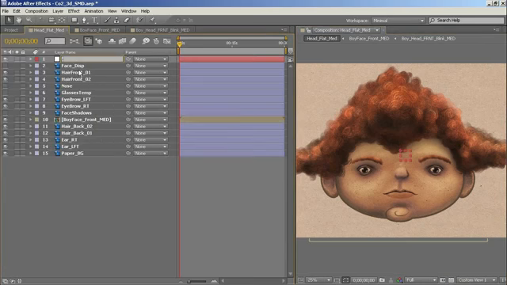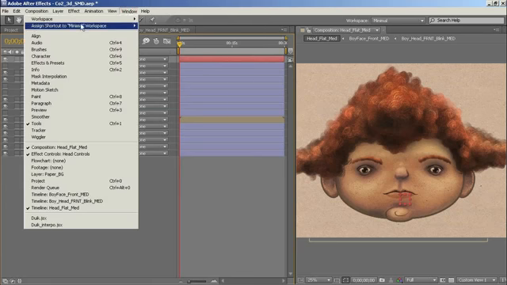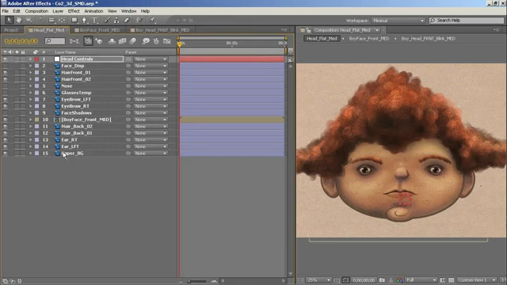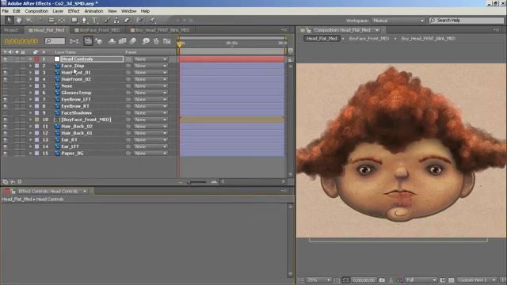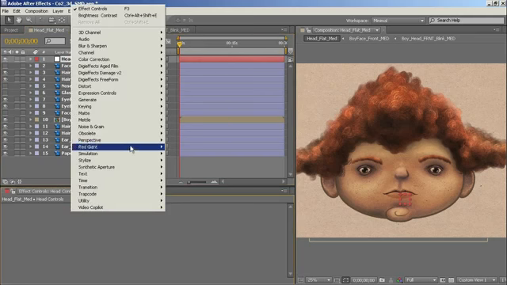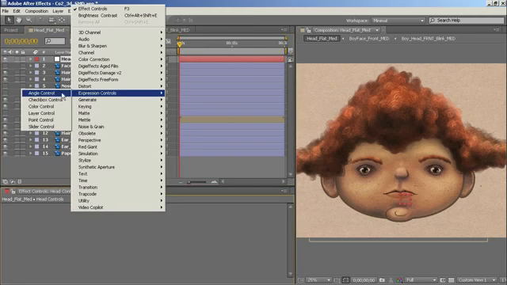I'm going to call it head controls, and I'm going to move it down roughly where I want it. So I'm going to pull up the effect controls window. Where are those? Okay, so I'm going to add some sliders. I'm going to add all the sliders we're going to use just right now, since it'll make it easy.